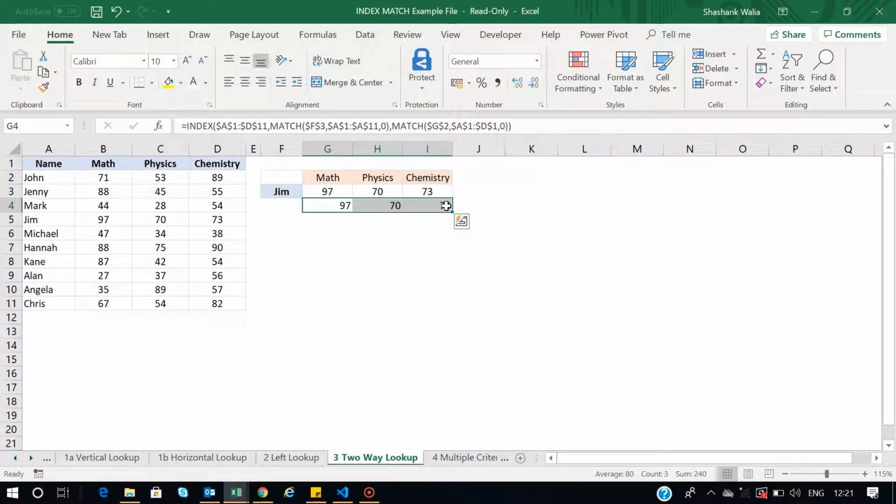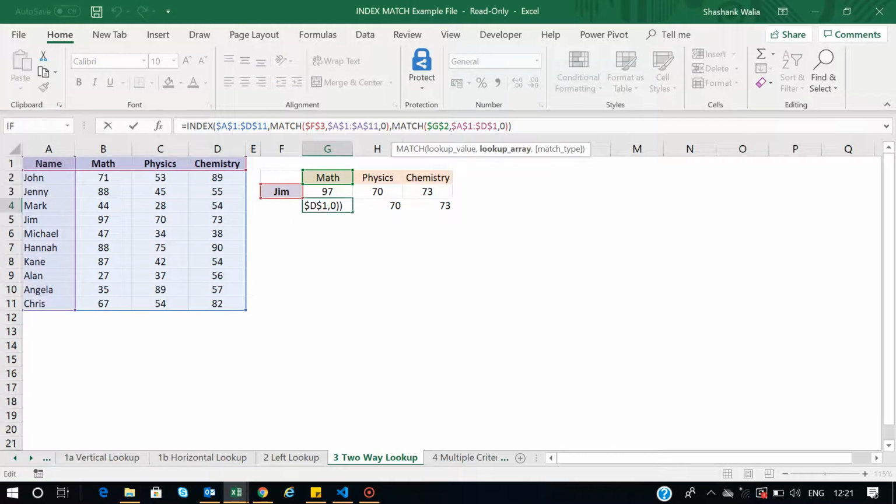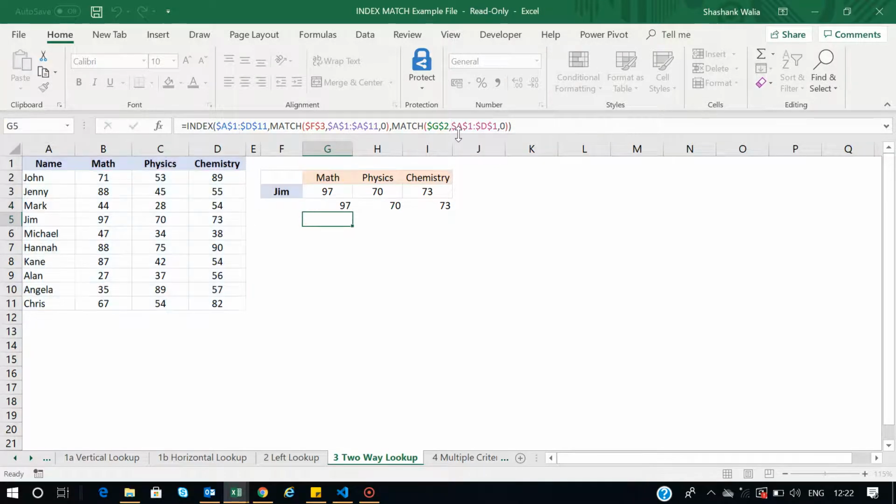So now let us try to implement the interactive buttons using this function. Let us see how to do that. First of all, I just have these values, and I want to use the interactive buttons which I explained in the beginning of the video. For that, I want to find out the values of column by using the match function. Here we are using the match function, but if I use the interactive buttons, I can simply remove this function and simply use the interactive buttons input. So let us see how to do that.